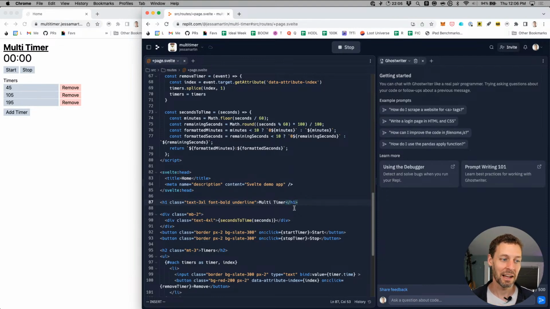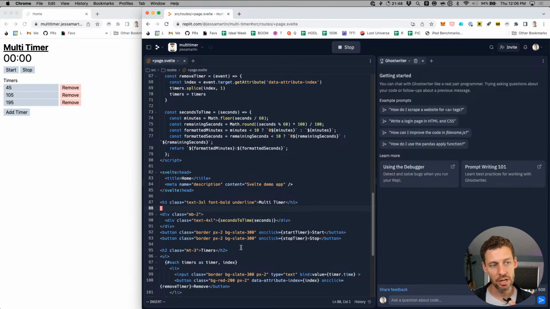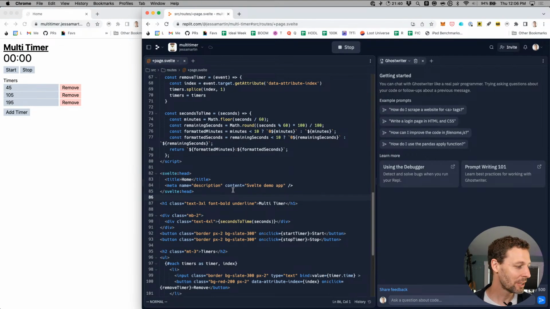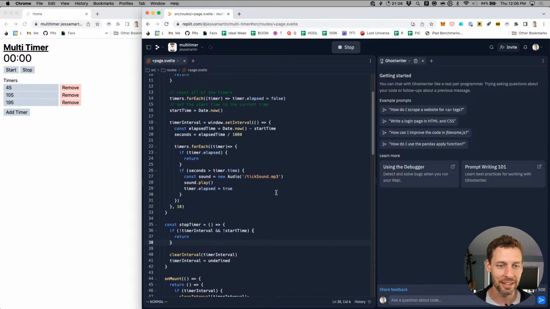The downside of this is I am editing in production. And so if I were to break something, like try to insert a variable that doesn't exist, the application goes away. Supposedly that's something that Replit is working on fixing in the next few weeks, even, so that you can make changes and edit without breaking your production instance. So look forward to that feature. In the meantime, while we're coding on this today, the app will go up and down. So hopefully you're not using the multi-timer to brew your coffee. Otherwise, it will fail you at this point. So, downsides of working with bleeding edge technology, I guess.